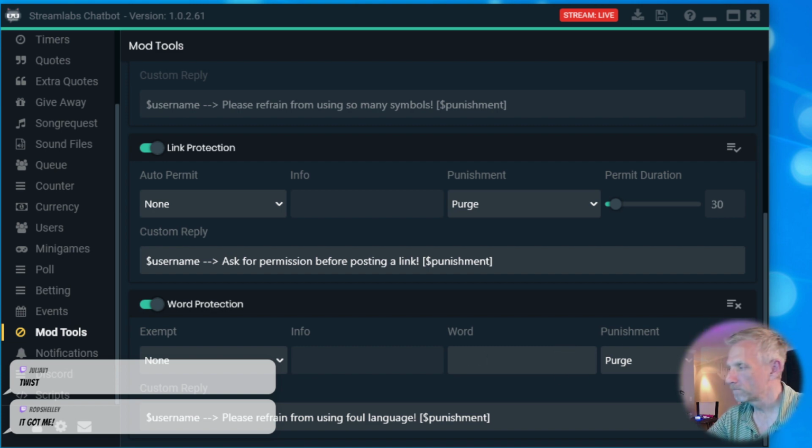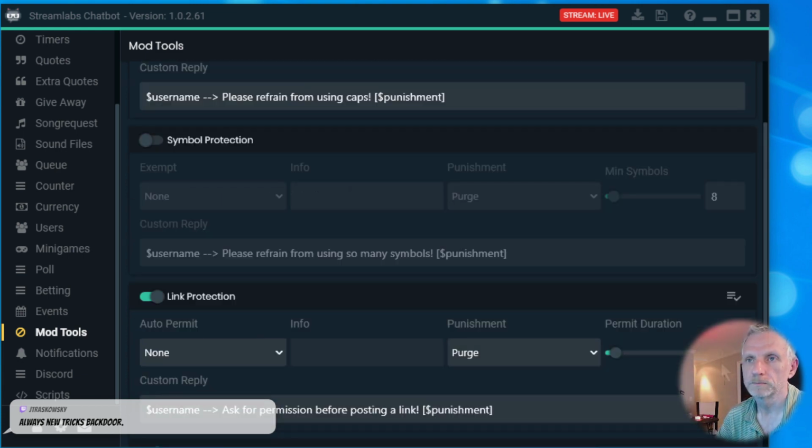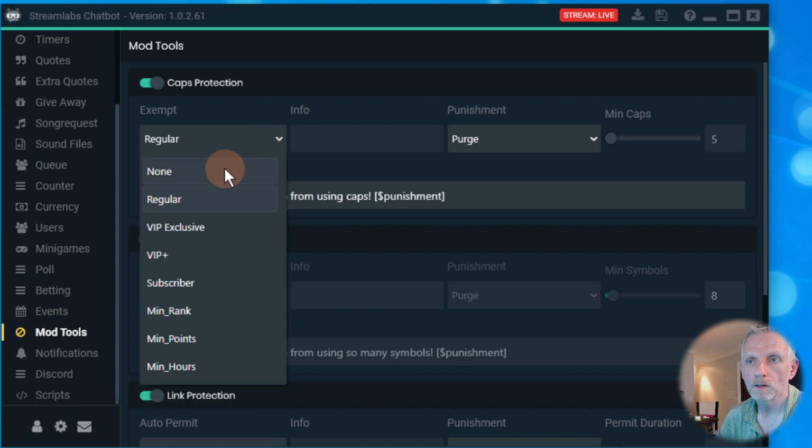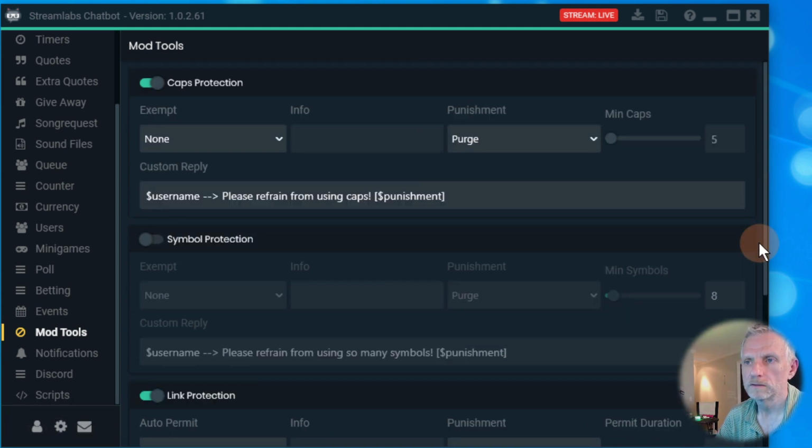Oh, it got you. Oh, that's interesting. So maybe Julia is already exempt because she's a moderator. Maybe mods are not susceptible to these filters. Try putting something with more than 5 capital letters in a row, Rod. That'd be cool.